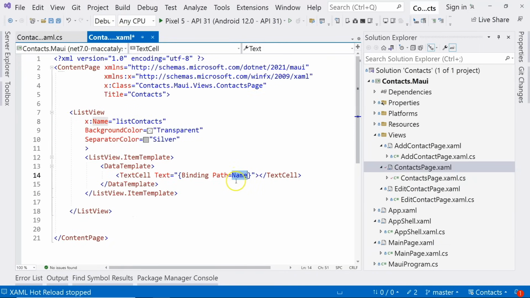You won't get any IntelliSense over here. It doesn't really know. This is just a string, so you just have to type it directly. Here, Path is the default property of the Binding class, so you can omit the Path and just put Name directly over here. It just tells .NET MAUI that we are trying to display the Name property of the Contact class, the context object. So with this change, if we run the application,